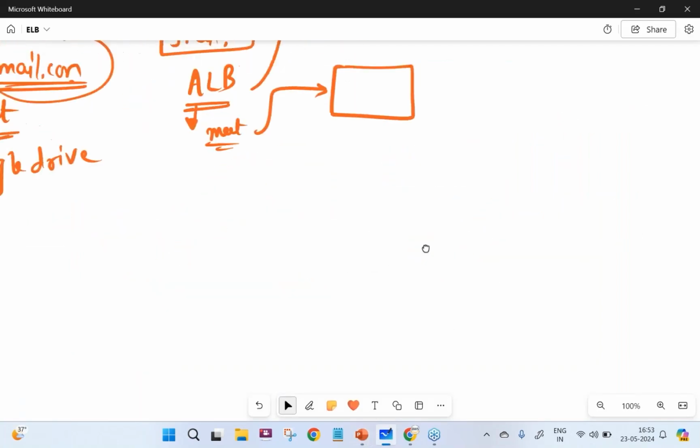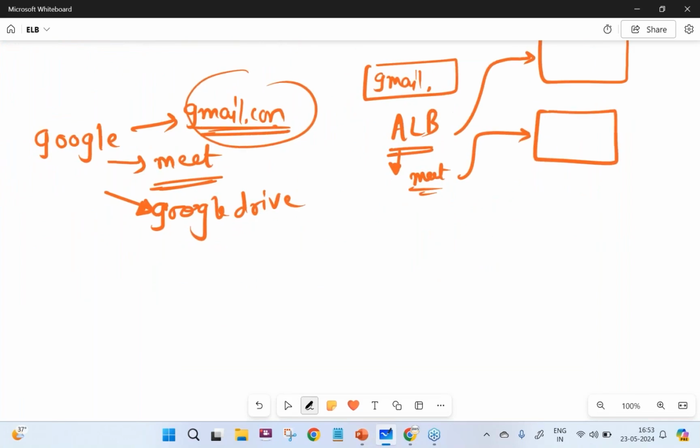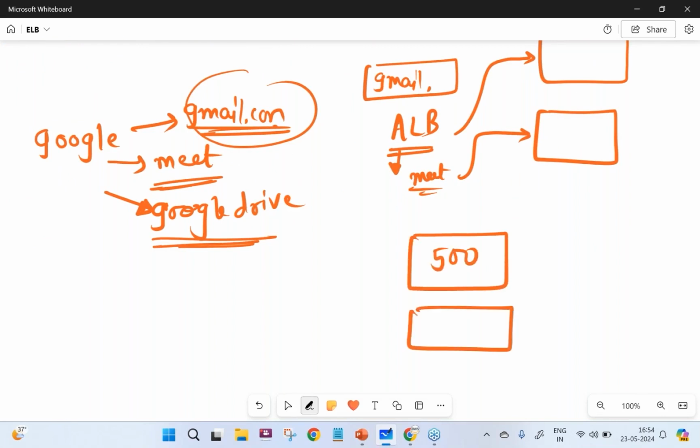In short, what I'm trying to say is, like I discussed, you have Gmail, you have Google Meet, you have these kinds of applications. Let's say for gmail.com you have 500 servers. For Google Meet, let's say we have 100 servers. Google Drive, let's say 1000 servers.